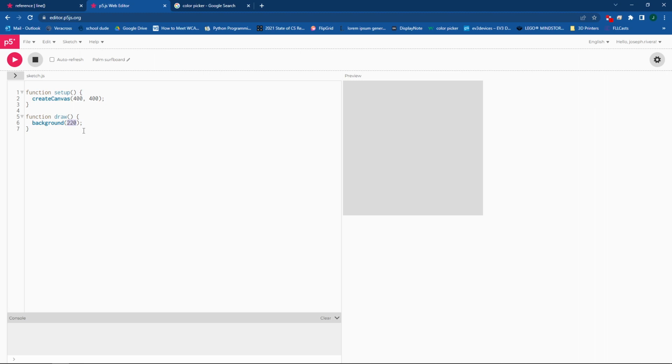In my case, I'm going to make my background a light color, so I'm going to do maybe 240, which is very, very light. As a background, I'm going to make my canvas larger. The createCanvas tells us how wide and then how tall our canvas can be. So there it is. And the next step we're going to talk about is how to draw lines,